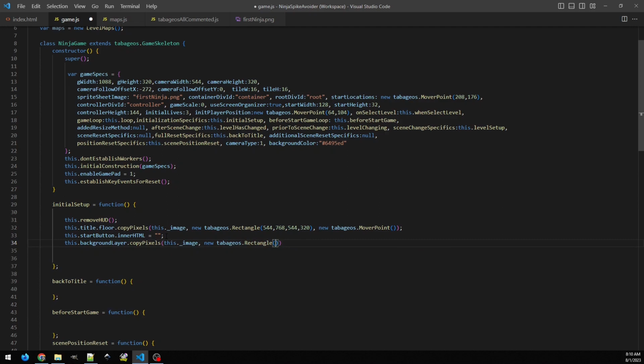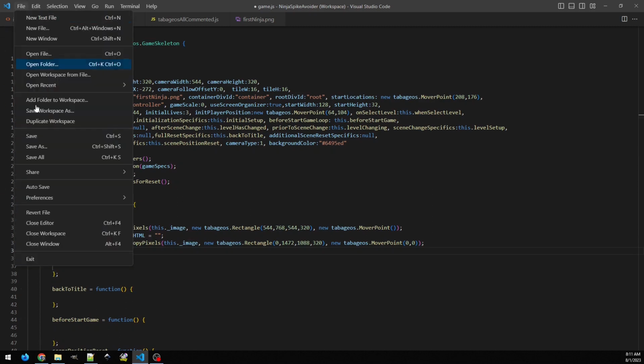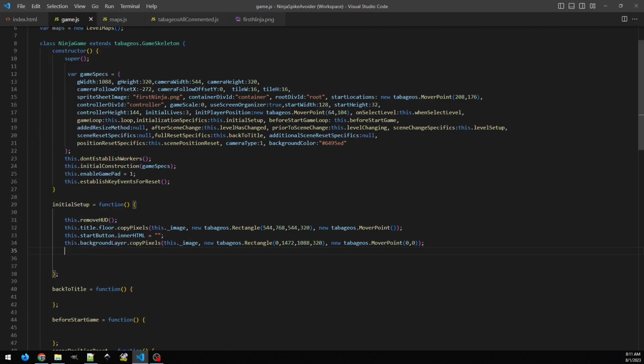In this case, the background is located at 0 and 1472, and it's the complete width and height of the game. Also put it at the 0, 0 position in the background. Okay. So now, if we save and run this,